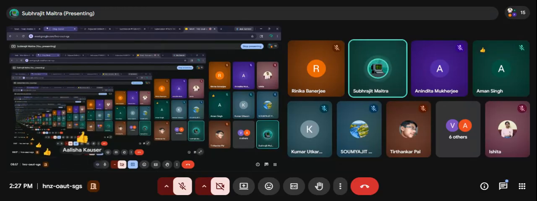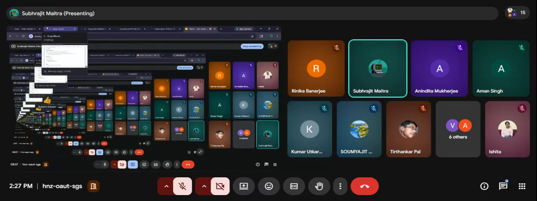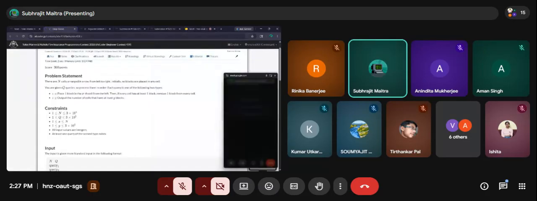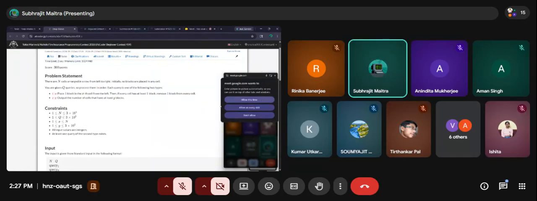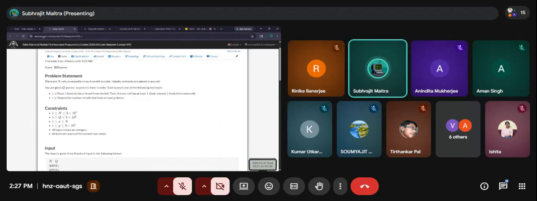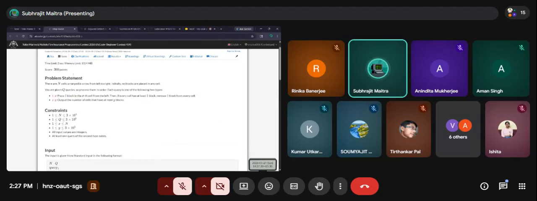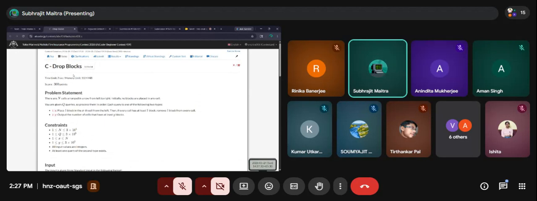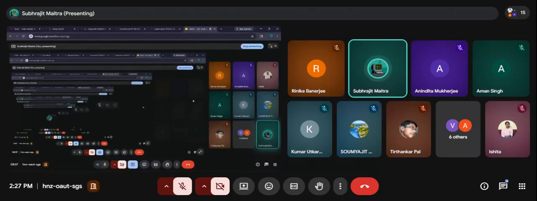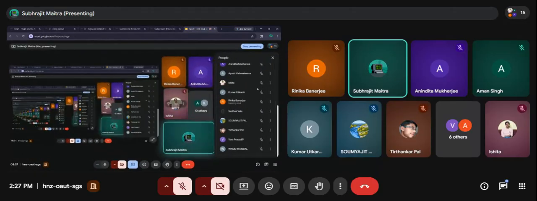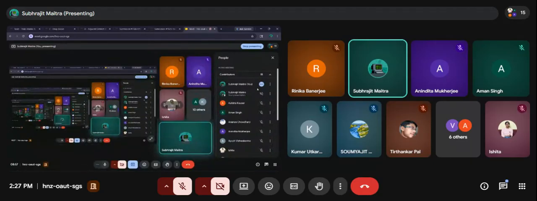Okay, so let us start with question C and question D from the Atcoder contest. I felt question D was even easier than question C. Question C is a bit on the tougher side than what is generally asked in C. Can you tell me if you have approached this question during the contest?